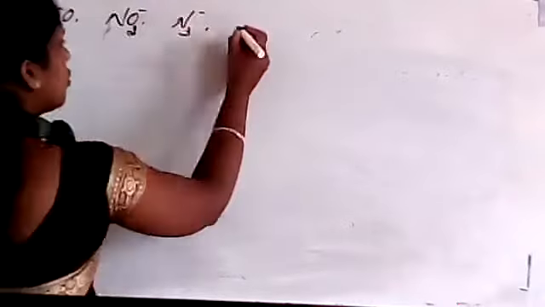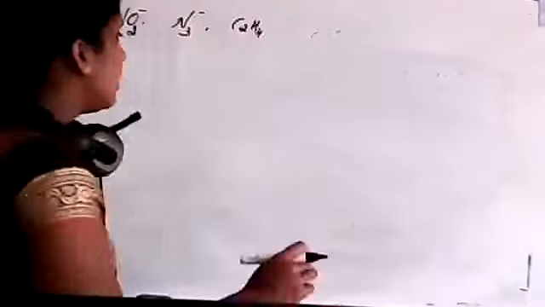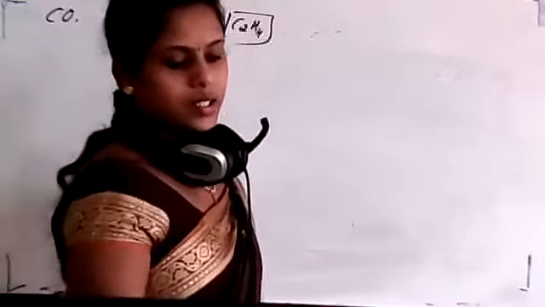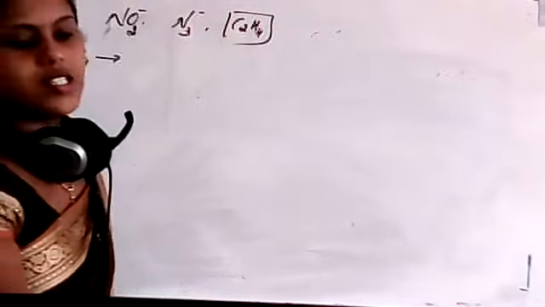N2 is already finished, isn't it? So then C2H4, try to write for C2H4. I'll consider this example and try to explain it. For C2H4, find the total number of valence electrons. Just try it, okay? If you find any difficulty, just tell me. I'll solve it in the next class. It is very easy. You can try it. So I'll move to the next topic.